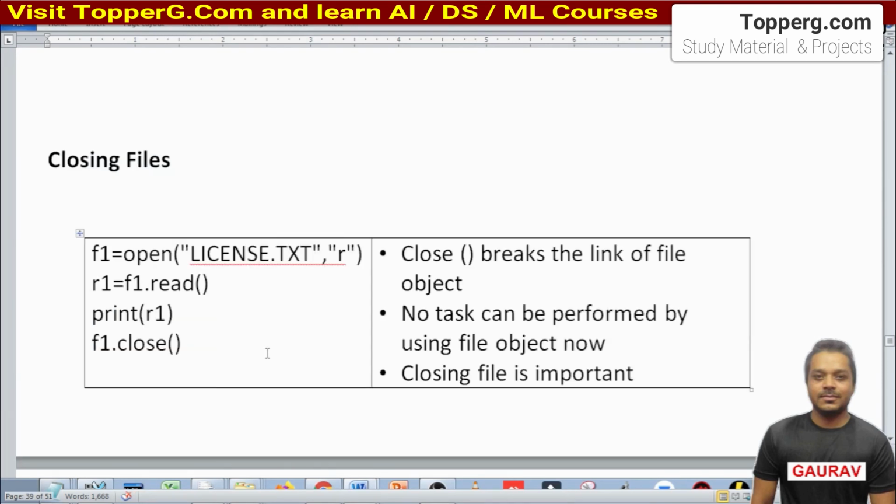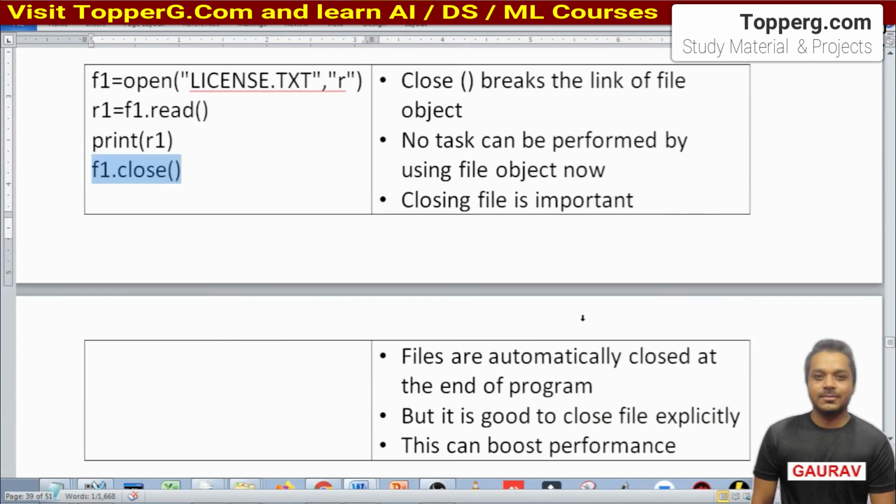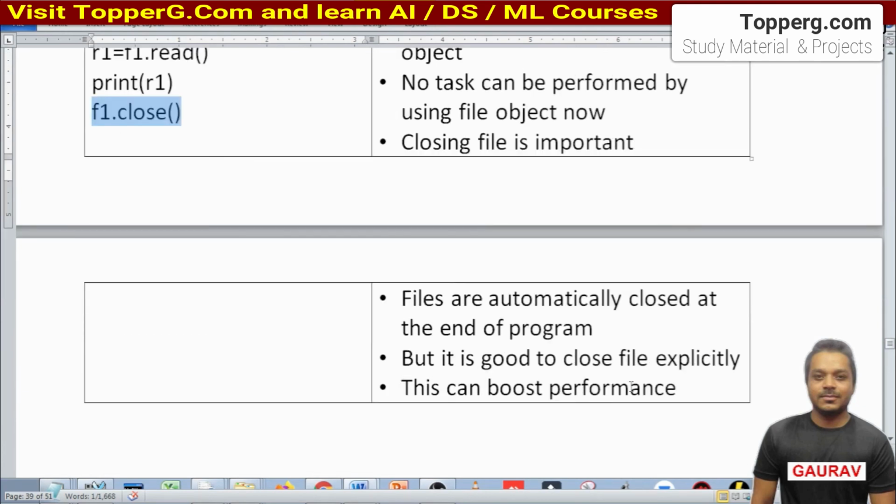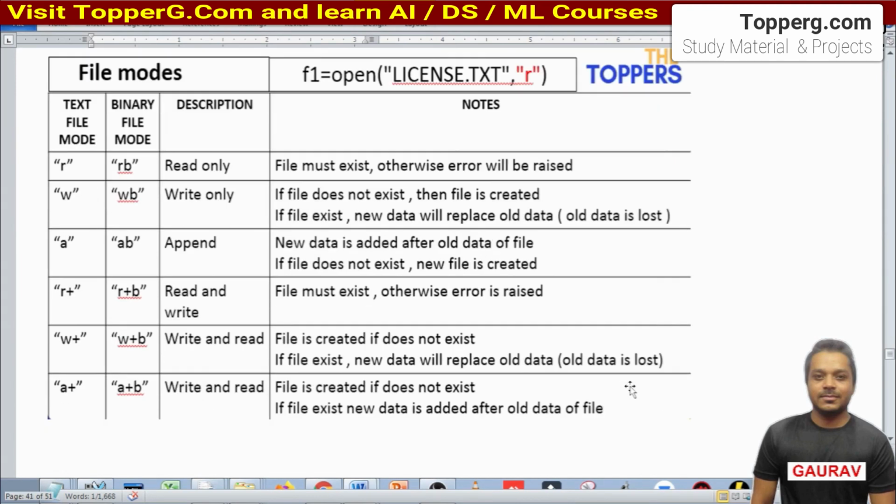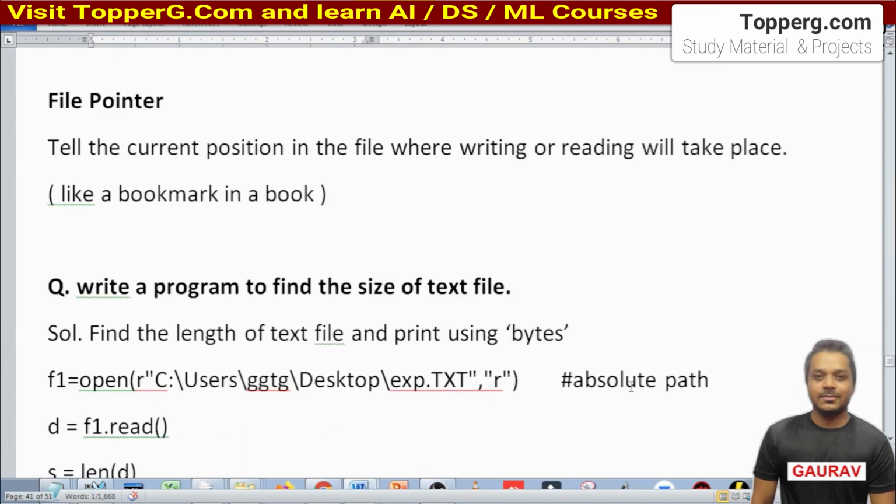Closing the file, I have already told you, we just have to close the file handle. Closing the file handle is important because it can boost the performance of the program, right? You can take a screenshot of these file modes. Okay, file pointer. What is the file pointer?